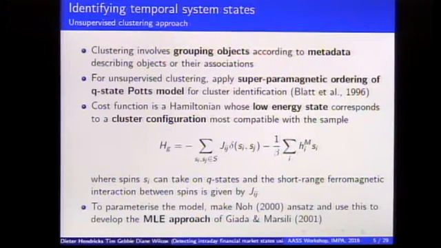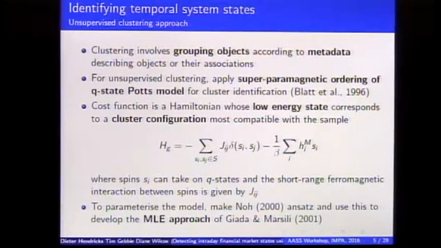So this is the canonical Edwards and Anderson Hamiltonian, which describes the energy state of the cluster configuration, where we have some J_ij, which is this short-range, distance-dependent interaction term amongst two spins, S_i and S_j, and this is an external magnetic field here. So it's quite difficult to actually postulate a direct form for this Hamiltonian given a particular